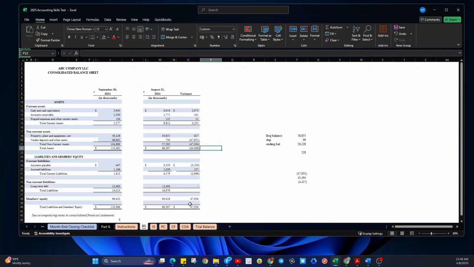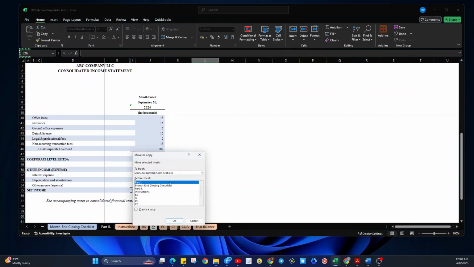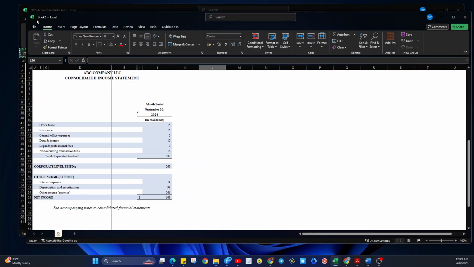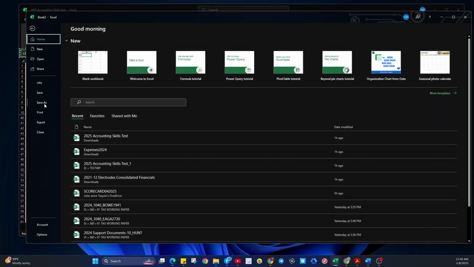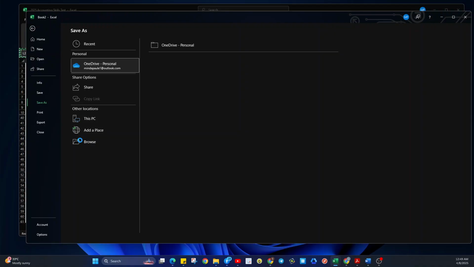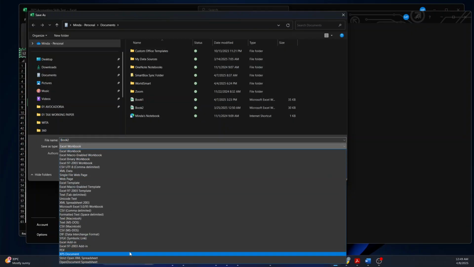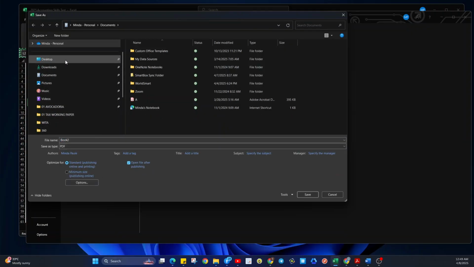So I'll just create, I just put it here, and then save as PDF, put it in desktop.